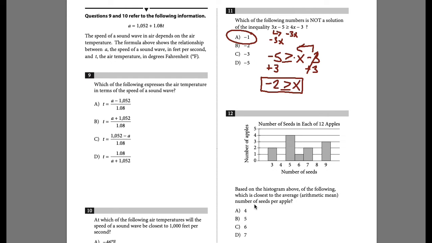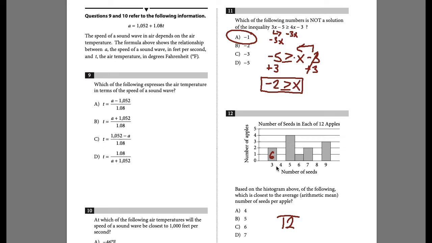In order to find the average number of seeds per apple, we need to divide the total number of seeds by the total number of apples. We know that in total, there's 12 apples. So now we need to find how many seeds there are in total. To find out how many seeds, we need to go to each bar and multiply the number of seeds by the number of apples. So for this first bar, we're going to do 3 times 2, 3 seeds for 2